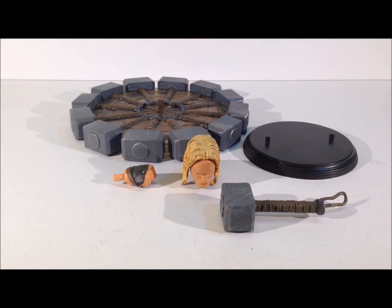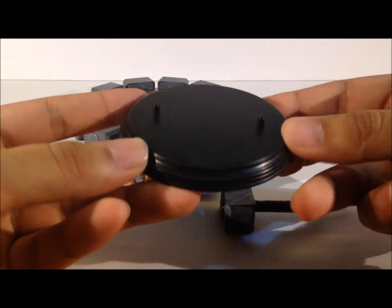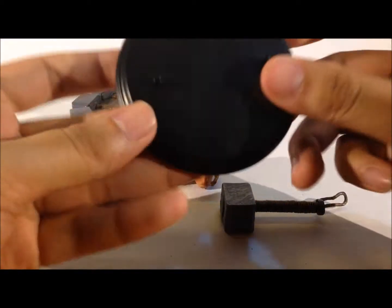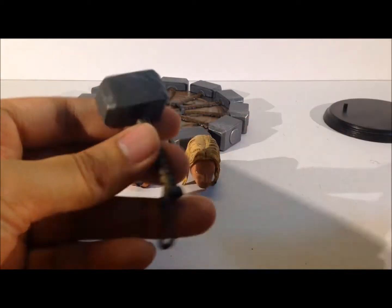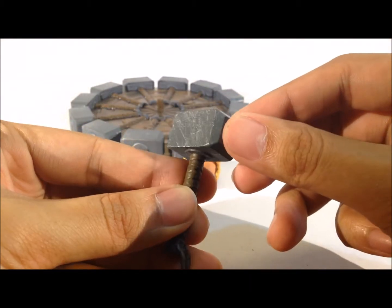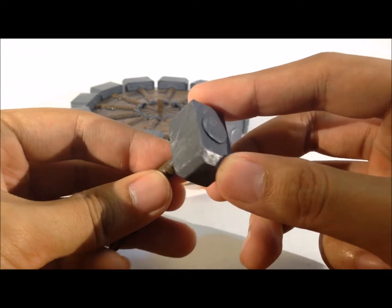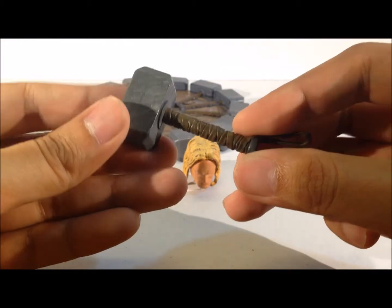Now here are the accessories that come together with the mighty Thor figure. He comes with this typical very plain plastic base over here. Two pegs are provided, of course, nothing at the bottom. It's just a plain plastic piece. And of course his weapon of choice, Mjolnir. Very nicely painted, of course. As you can see, the metallic silver over the gray paint over there, very nicely done. And yeah, his handle,